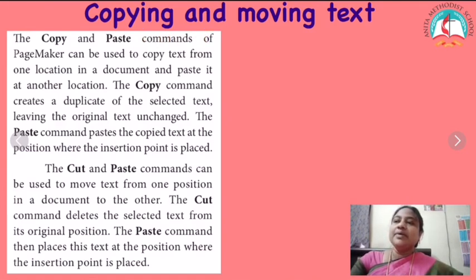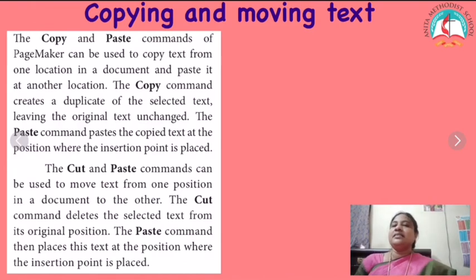Okay, what is the command to use cut and paste? The same thing, children. Go to the Edit menu. First we click the cut option. The shortcut key is Ctrl+X. We can select either one. Go to Edit, Cut, otherwise press Ctrl+X. So we can cut the selected text. And how to paste it? Same option. Go to Edit, Paste, otherwise Ctrl+V.